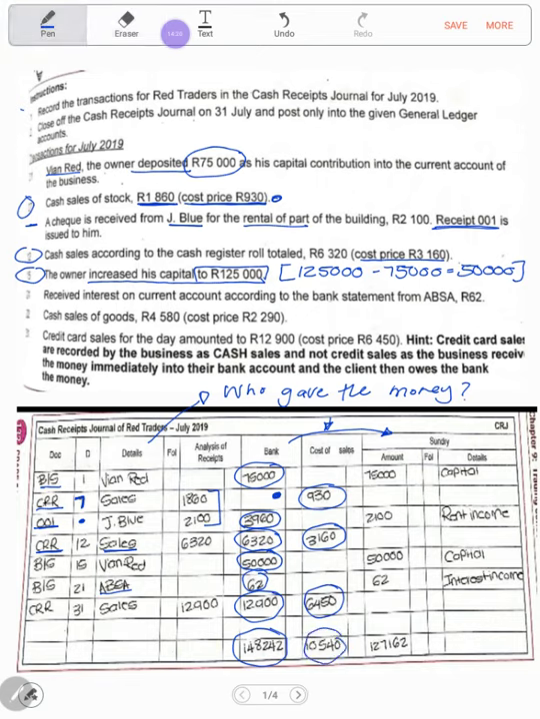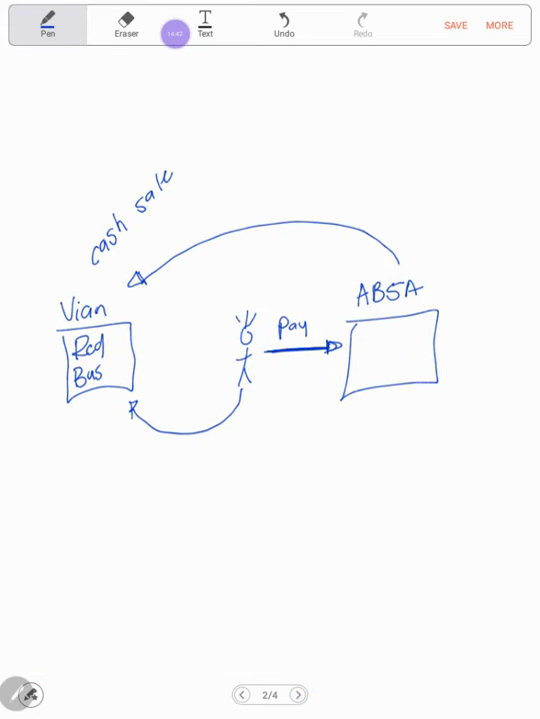Sorry, it will equal 10,540. Then I'm going to tally up the sundry. 75,000 plus 2,100 plus 50,000 plus 62,000. That will equal 127,162 Rand. You are now done with your cash receipts journal, and now you need to go and record